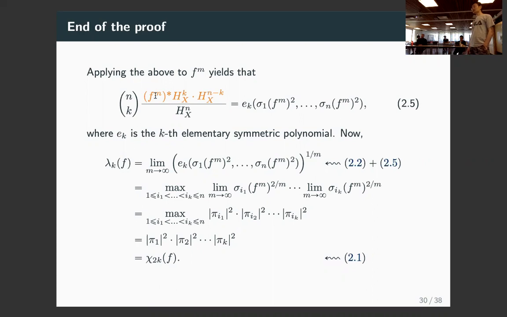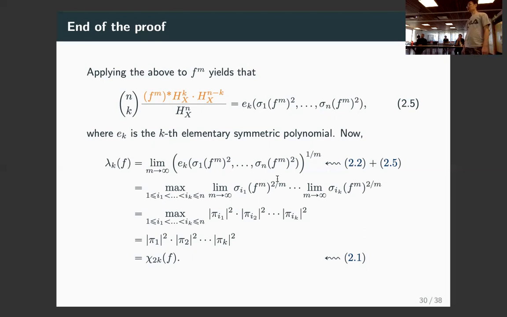Now by a basic calculation of those identities, lambda k is the limit of the mth root of lambda psi, but n choose k and Hx to the n are just constants, so after taking the mth root they will be gone. So lambda k is just the limit of the right side. Because they are symmetric polynomials, it is equal to the maximum of all those